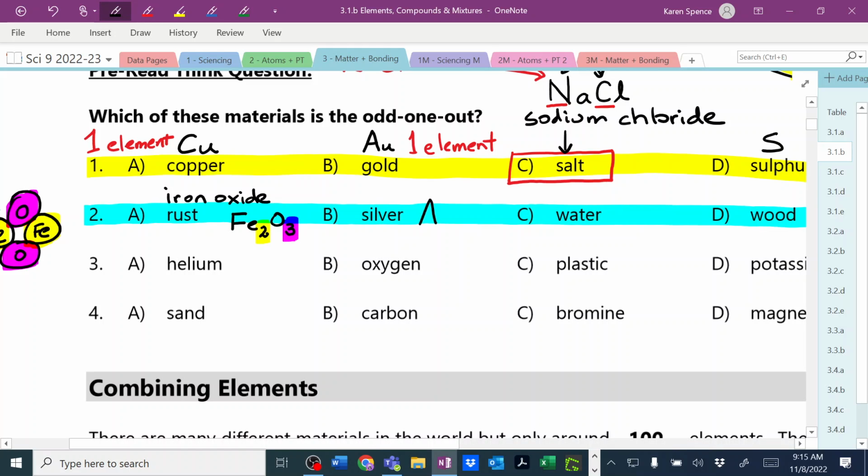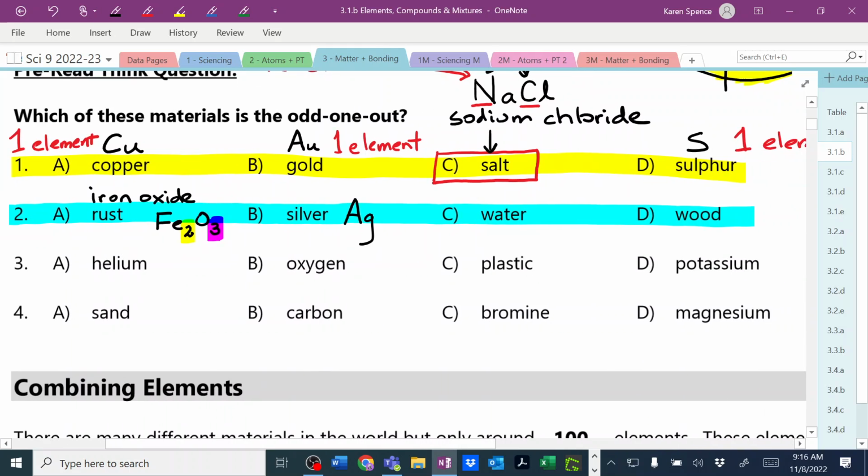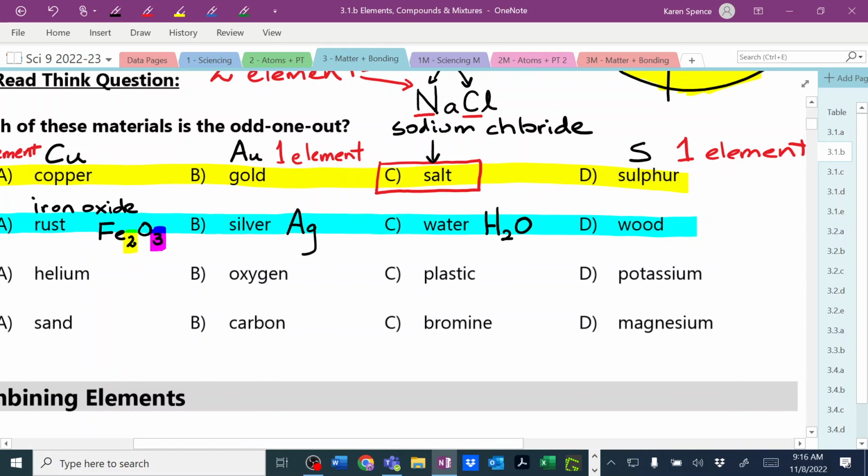Okay, you can look that one up if you want to. What is the formula for water? H2O. Do you guys remember what that looked like? It's one oxygen with two hydrogens sticking off of it, very much like Mickey Mouse. Okay? And then wood,